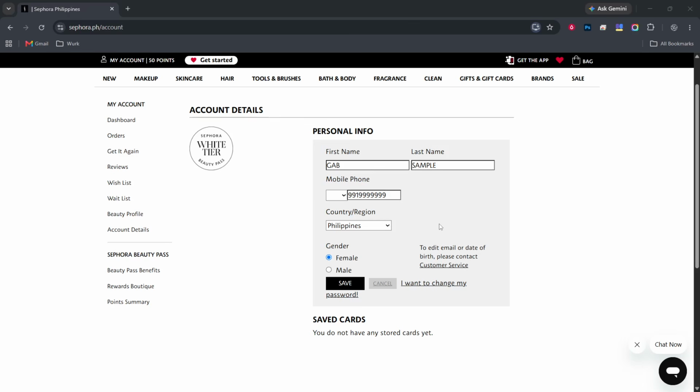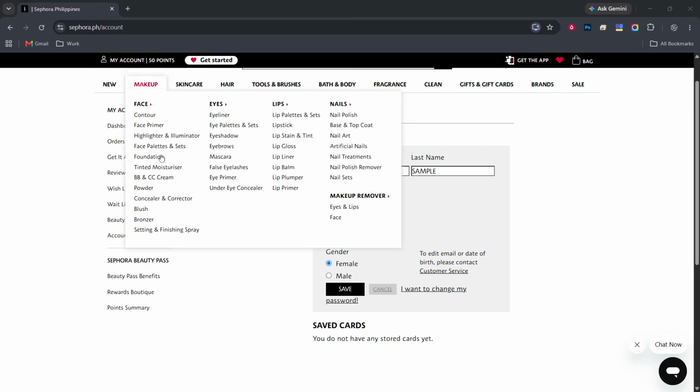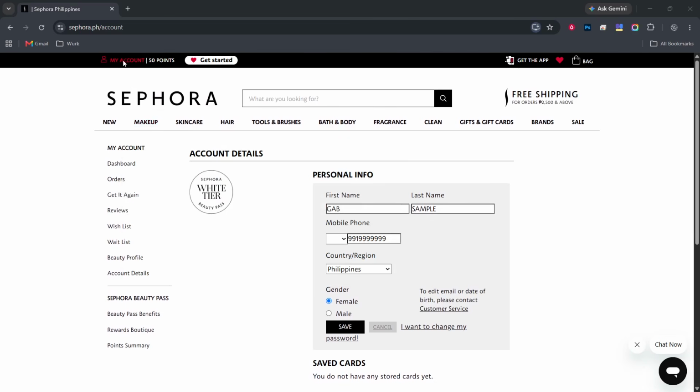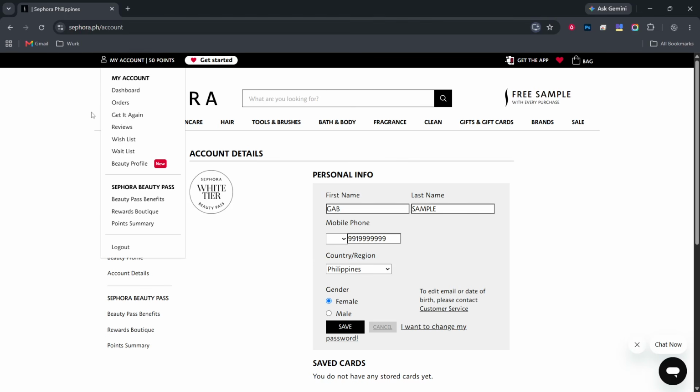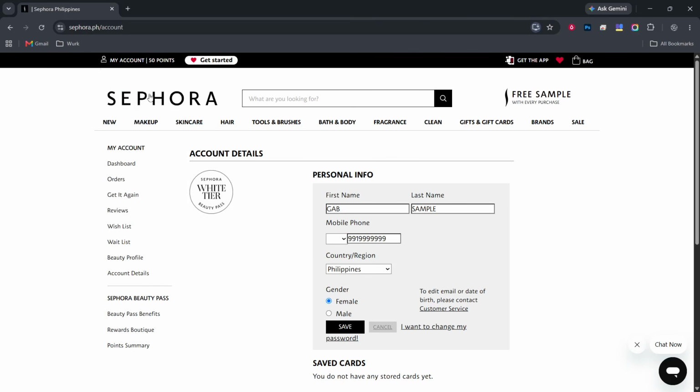Look for the Save button near the bottom or top of the form and click it once. The page will briefly refresh, and then it should display your new email address in the Account Details section. If there is an error message, read it on screen, since Sephora sometimes flags addresses that are already in use on another account. With that ready, verify your new email if prompted.